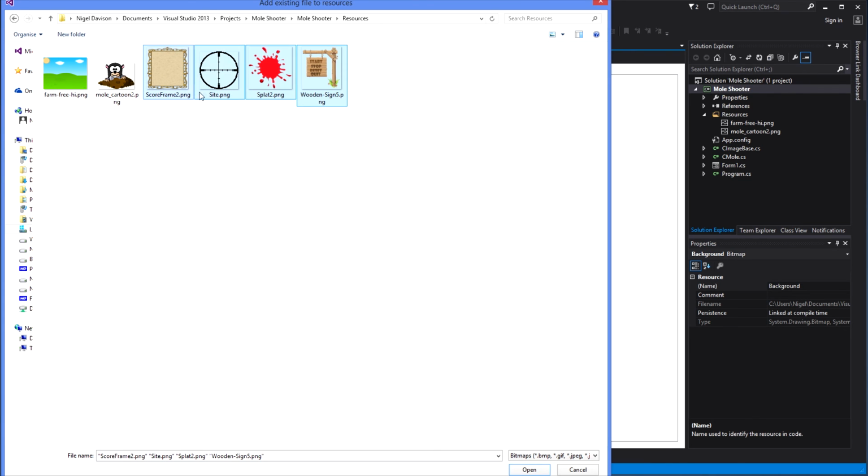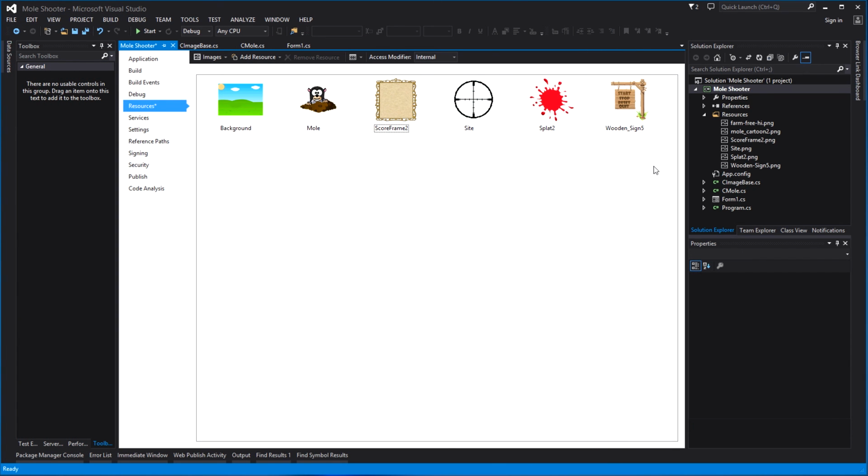Incidentally, I'm not going to go through the process of editing these three images in Photoshop, the splat, the site, and the score frame. I think you know enough now to be able to edit these yourself. Like I said, the only thing you need to do really is remove the background and rescale the images accordingly. That's really it. Remove the background so that it becomes transparent. Possibly doctor some of these a little bit, like the sign with the text and the frame with the background here. We added a light wooden effect to the frame. So really not much in the way of editing. Okay, so anyway, select all four of those and click open, and these are now automatically added to our resources